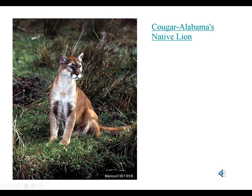However, a few years ago, a gentleman in Georgia shot and killed a panther in western Georgia, and he thought it was an escaped animal. I don't know if he was charged. This is one of the most protected animals in the world. But DNA analysis revealed that it was in fact a Florida panther, which had been identified in South Florida. So it had walked some 600 miles from South Florida to eastern Georgia. Young males will do that. If they can't find a mate in their home range, they will go walkabout, and this one apparently had. There's also been an increasing number of sightings of western cougars in Louisiana, and I even read a confirmed report